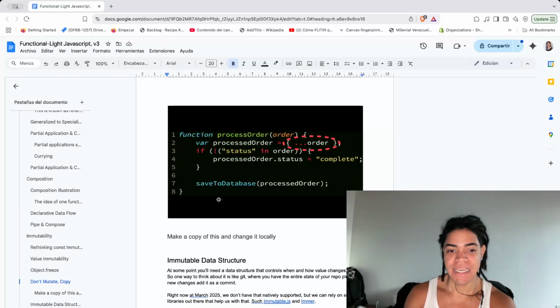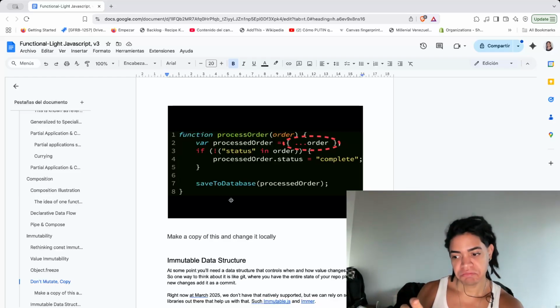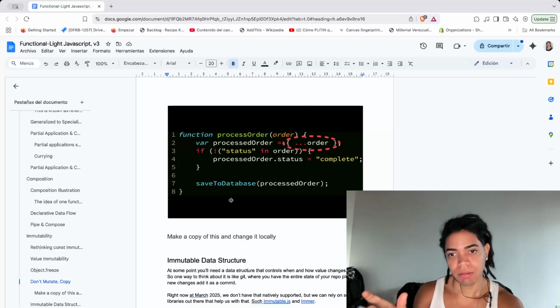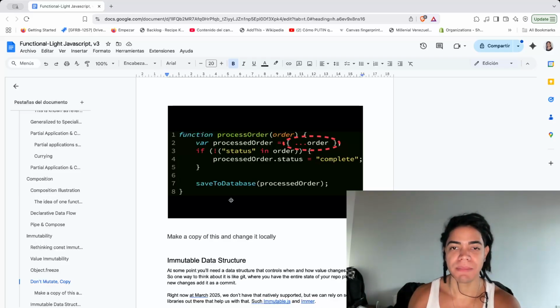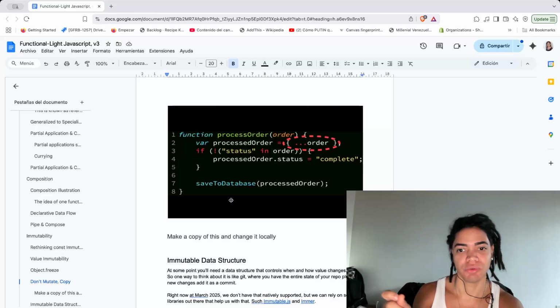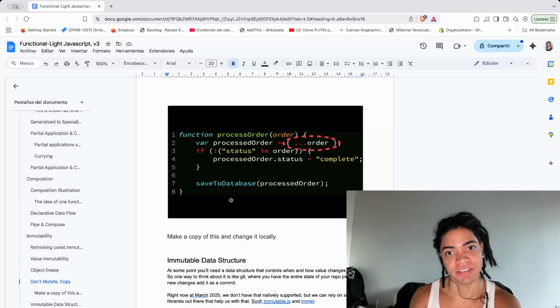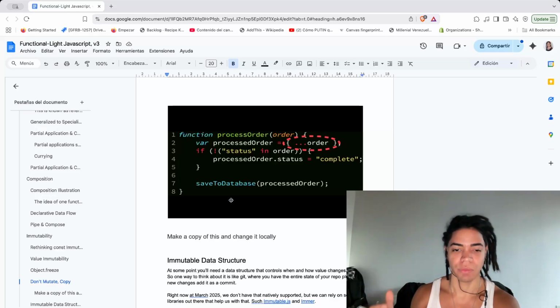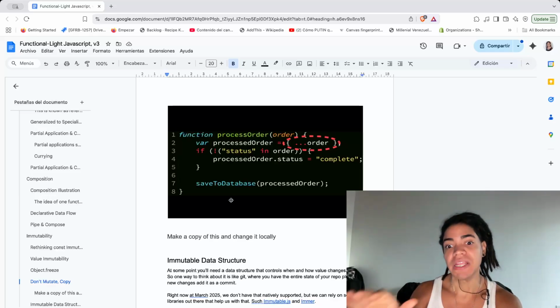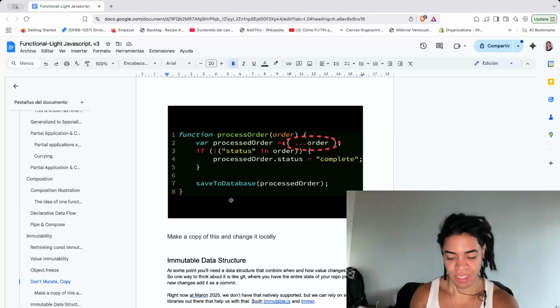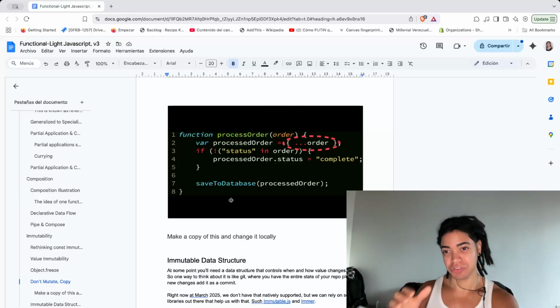So making a copy of this and changing it locally is sometimes useful. But if you can imagine a program that is read-only and doesn't mutate the state, that's a pretty boring and non-useful app, right? Because if it can't change the state of your application, you're going to ditch that app quickly. At some point, we need to mutate the state of our application. That's why when you look at Grady Booch,